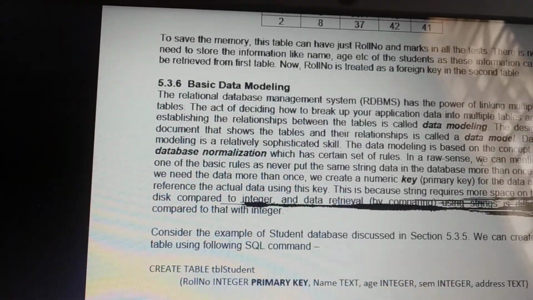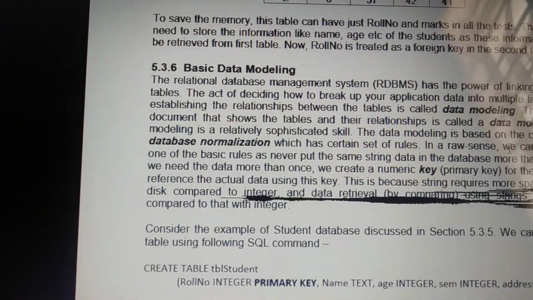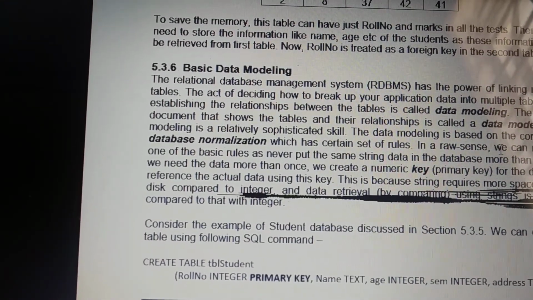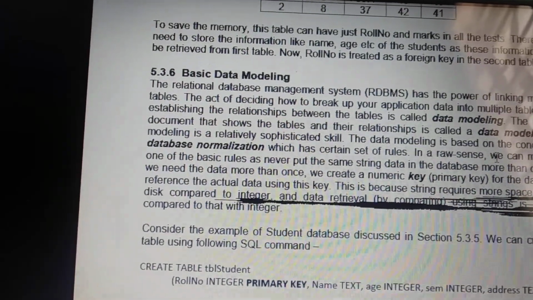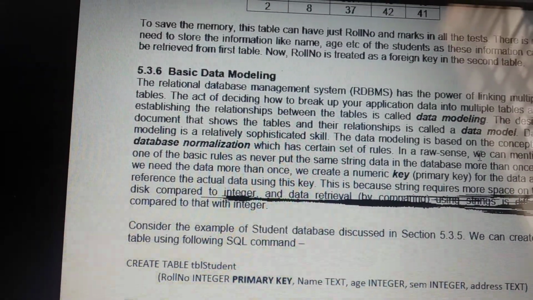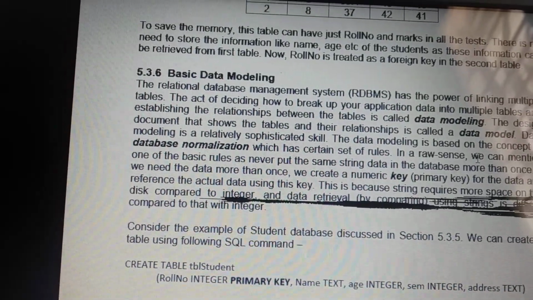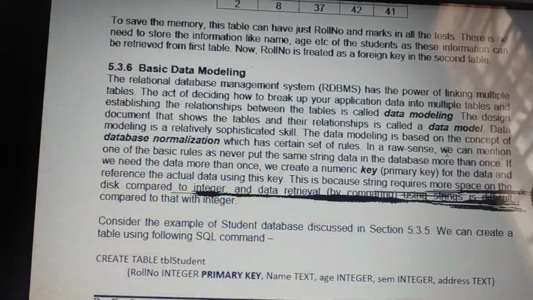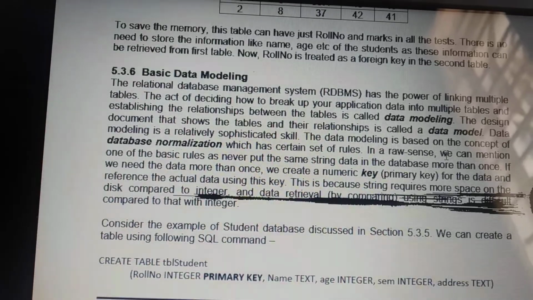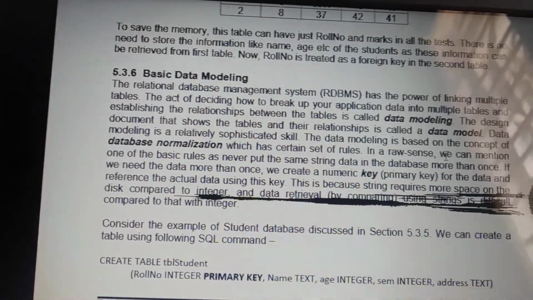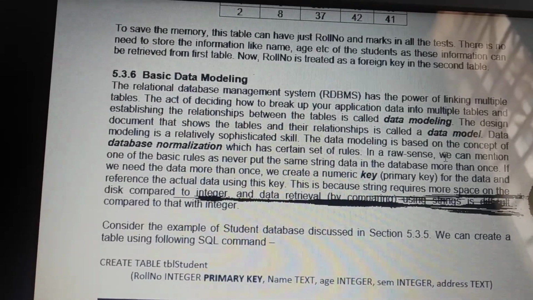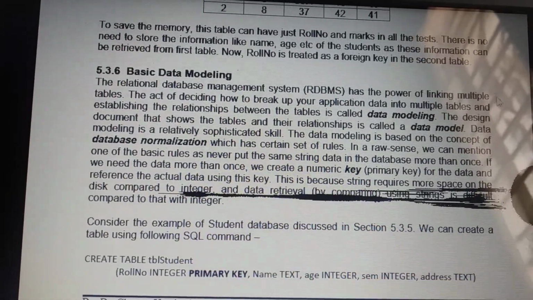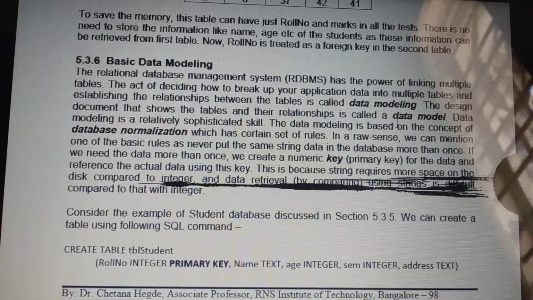What do you mean by data modeling? Modeling means you are designing something. You all know RDBMS can be used for linking multiple tables. So how to break up the application? When you are using multiple tables or multiple tasks at the same time, you need some breakup, some points where it has to be particularly used, correct? So establishing those relationships, like where the particular task or the particular data has to be stopped, has to be put to an end. Deciding that makes your data modeling. That particular designing is called data modeling.